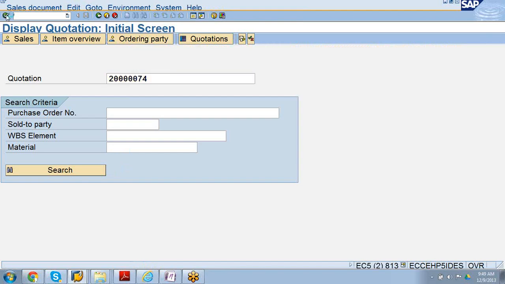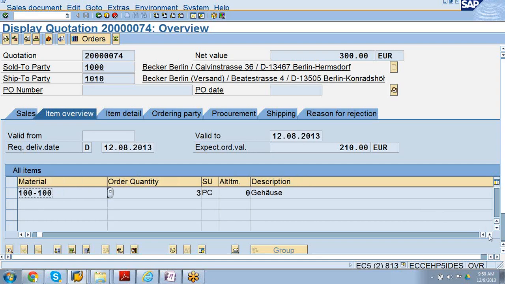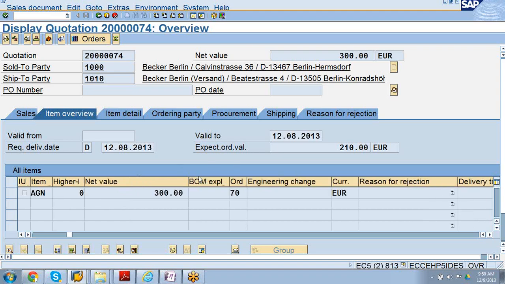Where can we see an item category? Can you guide me? It will be here only, at item level.